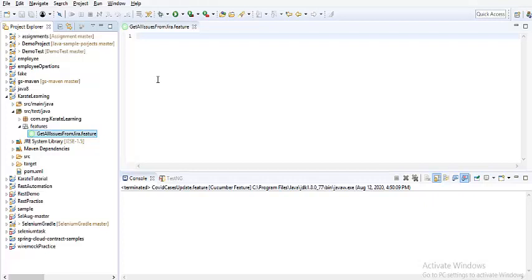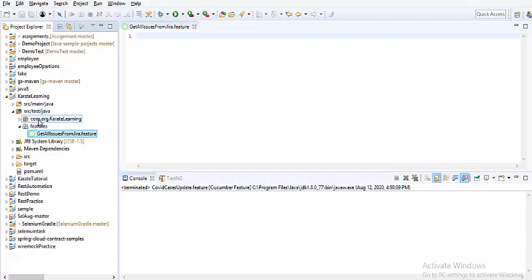Let's also add the runner class, because there should be a runner class to run all the feature files. However, we can also run the feature file directly, but it is still a standard practice to have a runner class, because you can achieve parallel execution, and you can also make changes to your reporting mechanism. All those tweaks can be done through the runner class.